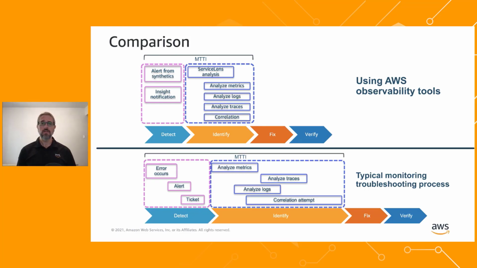So now that we've seen the AWS console experience of what our observability tools can do, let's compare the typical troubleshooting process that we showed before to what it looks like using the AWS Observability suite of tools. So at the top, we see that the mean time to identification has effectively been compressed. And we've managed to look at logs, metrics, and traces and correlate this information all more or less concurrently using